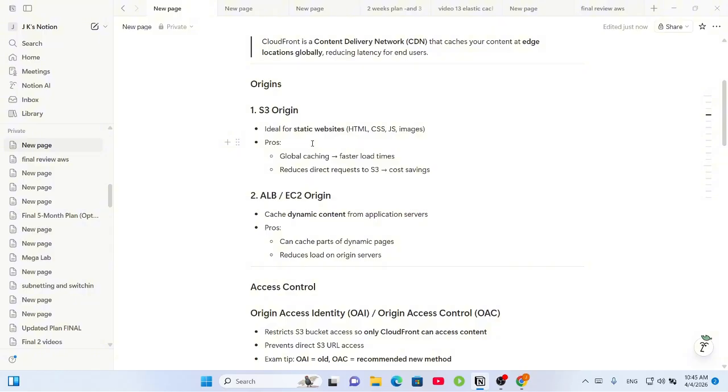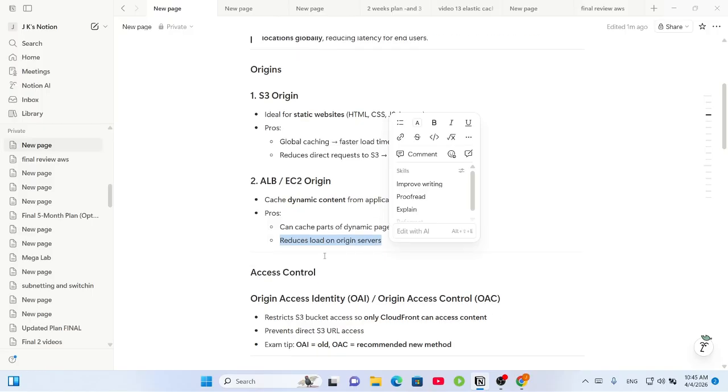With an S3 origin, global edge caching gives faster load times, reduces direct requests to S3, and saves cost. ALB and EC2 origins cache dynamic content from application servers, and can cache parts of dynamic content, reducing load on